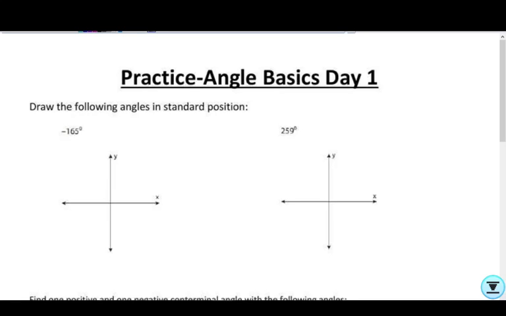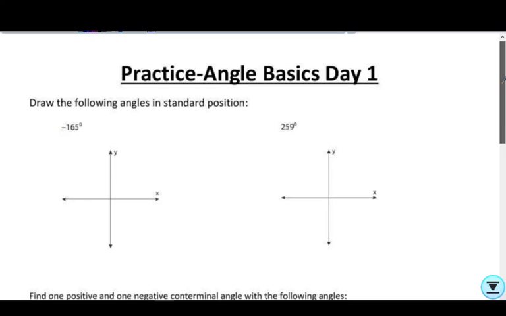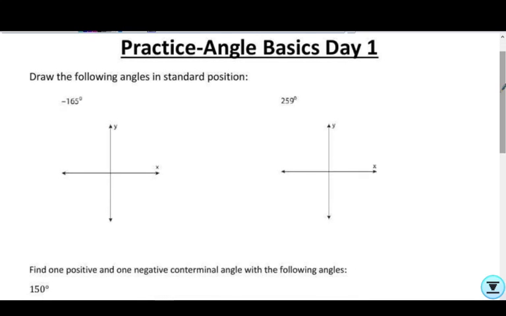Okay, so we are doing some basic angle stuff before we get to trig. We're going to start with our positive and negative angles, like knowing what positive angle direction is versus negative angle direction. If I ask you to draw the following angle in standard position, standard position means that